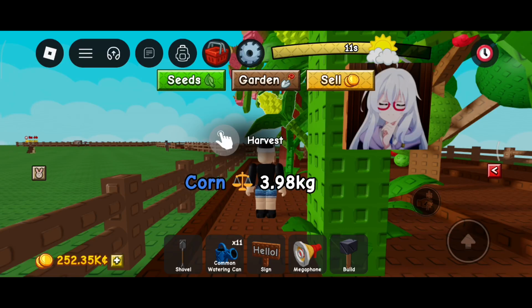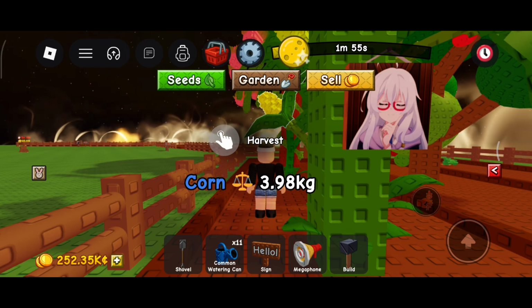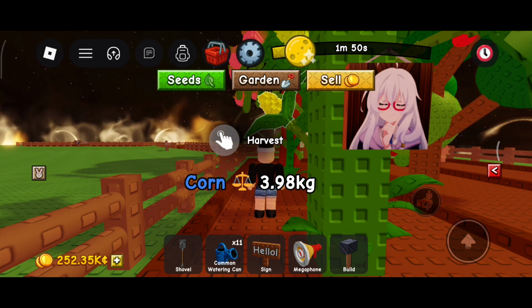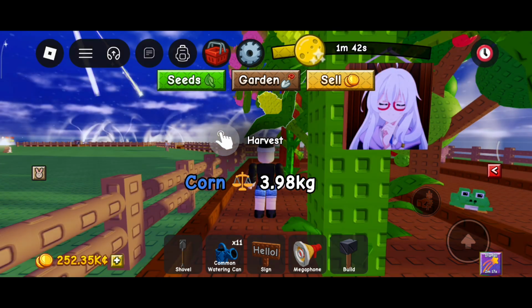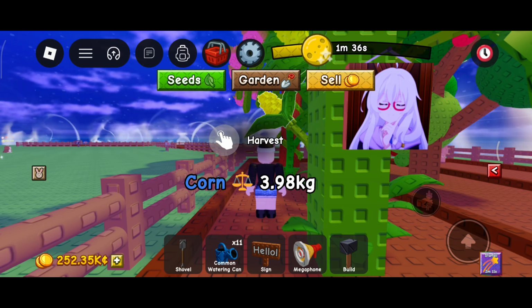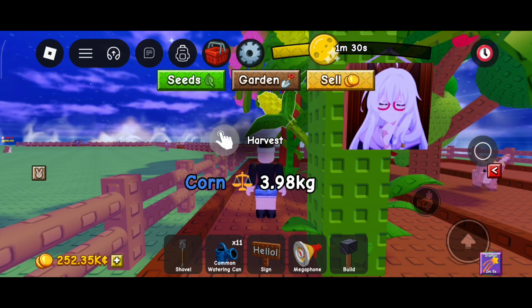In this tutorial, I will show you an anim image ID that you can use with your picture frames prop in Grow a Garden 2. So first you need to get a picture frame from the picture frames crate that you can buy with 350,000, and when you open it you will receive a random picture frame. In here I got the small one like this,